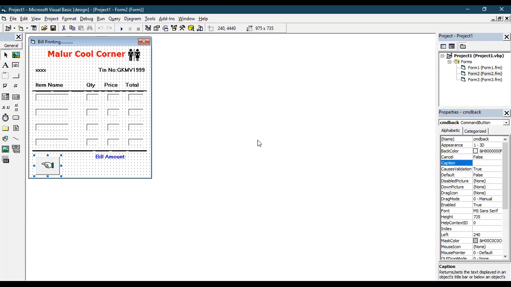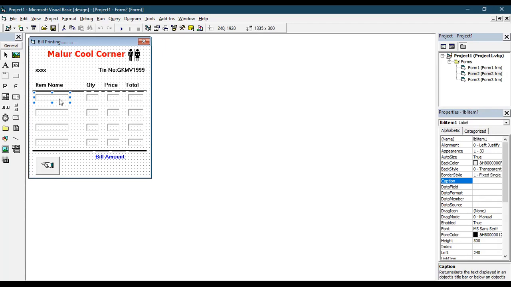This form design you need to really take care while giving the labels. And one more thing, if you could observe, this label is looking like a text box. Actually, this is label only, but when you view, it looks like a text box. Why? Because here in the appearance, instead of flat, usually we will select flat. This time I have selected the 3D option, so it will have a little 3-dimension effect. That's why all these labels look like a text box, but it is not a text box, it's a label.